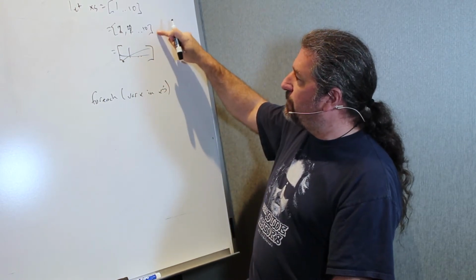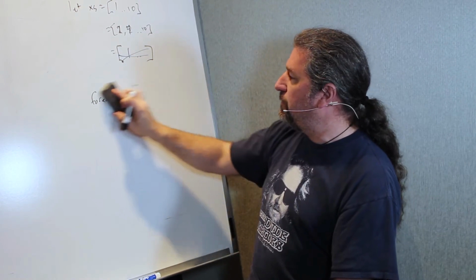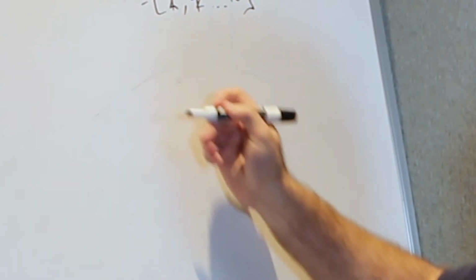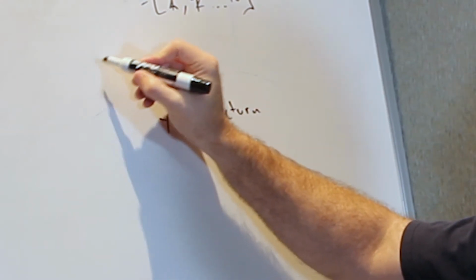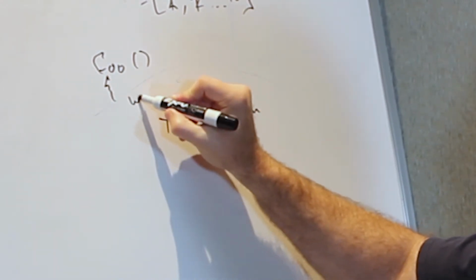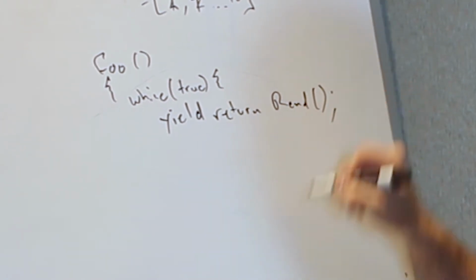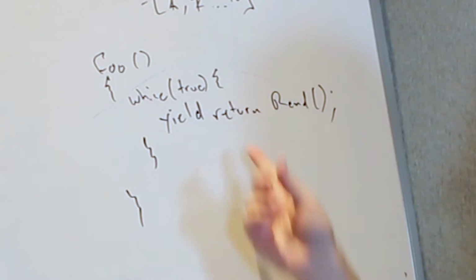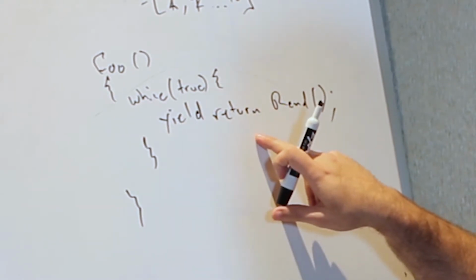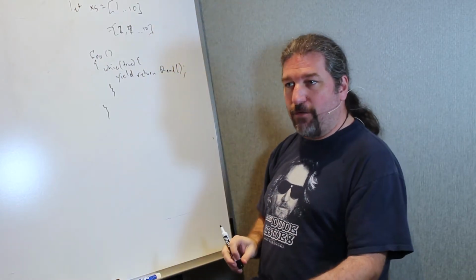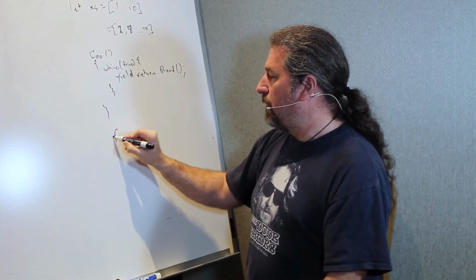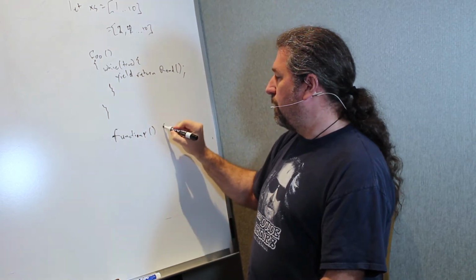Now, the interesting thing is this comprehension concept is something that we do see in C#, in that we have functions that can do yield return. So imagine for a moment I have some function, we'll call it foo, and we'll do a while true yield return some random number. And you look at that and you say, wait, what? Why exactly would this work? Well, effectively, the yield return statement in C# is the way in which C# is able to produce comprehensions, or what the JavaScript folks call a generator. If this were JavaScript, it would be function star, and we would say yield